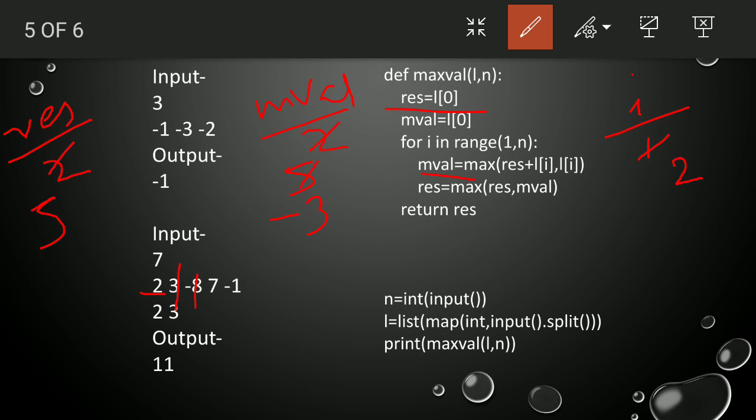So RES is your 5 only because maximum is 5. Now I value is 3. Now 7. So 7 plus RES, that is 7 plus 5 is your 12 comma 7. So what is your maximum? Of course our maximum is your 12. So it will contain your 12 here.